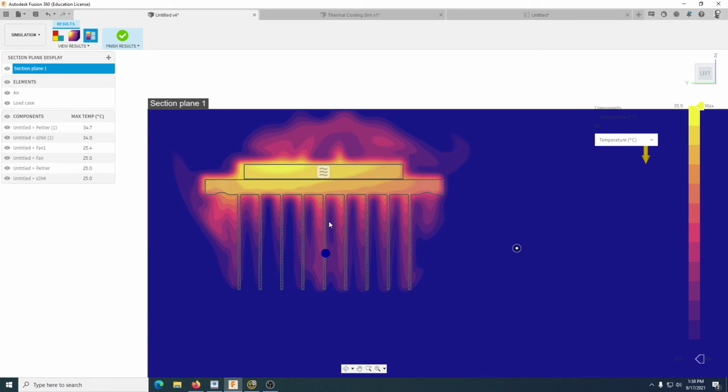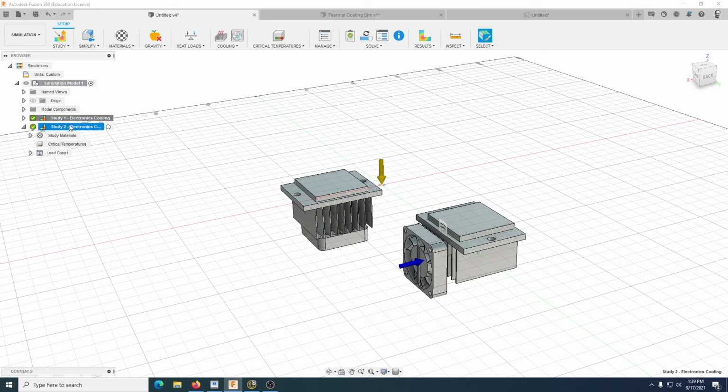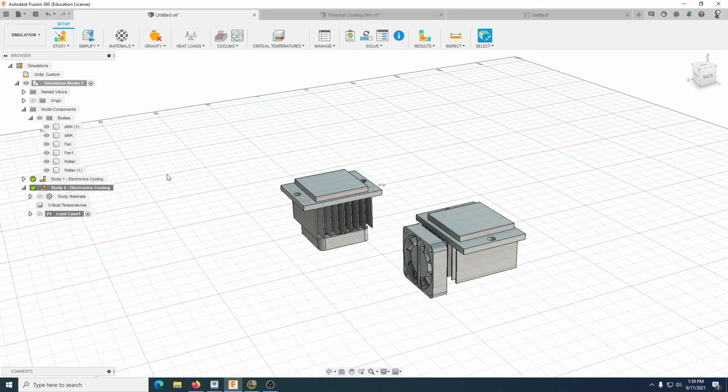Now the other thing you can do is hover your mouse over. So we're looking at the Peltier tile on the hot side, which would be about 34.7, let's say 34.8. And by the mid-range, of course, you'd screenshot these and remember your values. And this time we're going to go to study 2, activate that study,